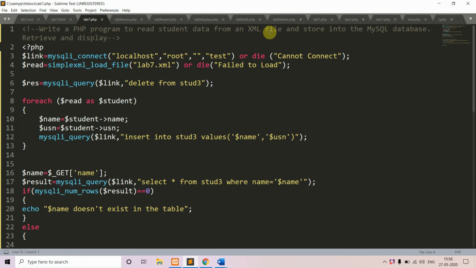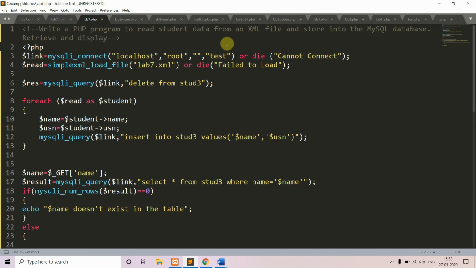So we have an XML file. An XML file is designed to store as well as transport data. So what's the difference between an HTML file and an XML file? HTML is mainly used to display the data, whereas XML is for carrying the data. In HTML we have some predefined tags, whereas in XML there are no predefined tags, so it allows us to define our own tags.